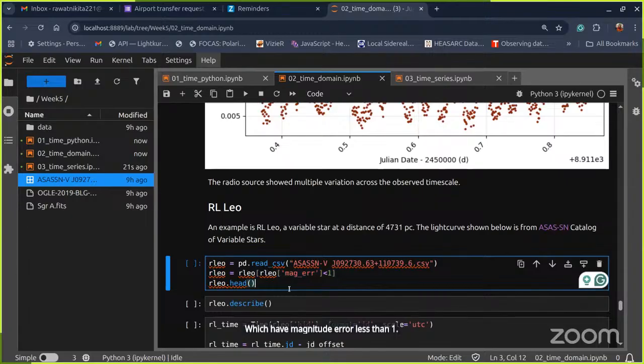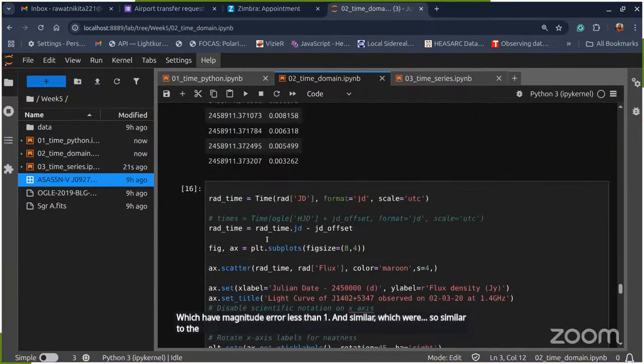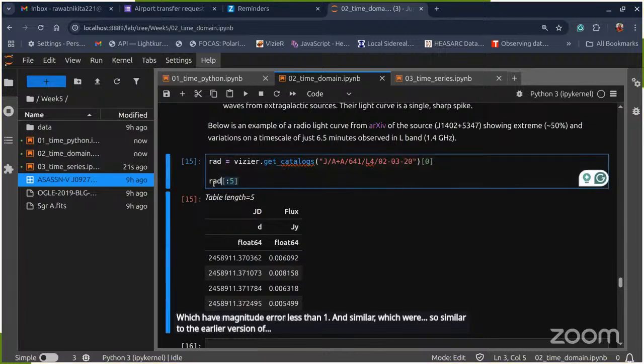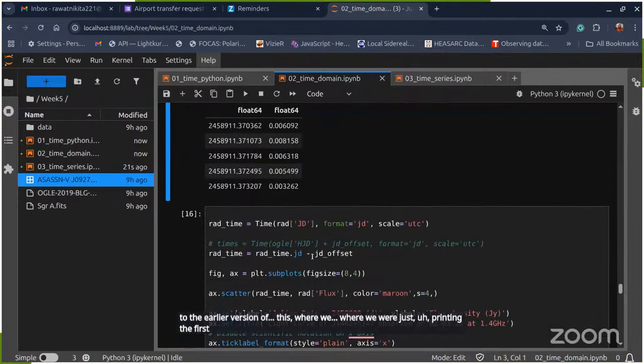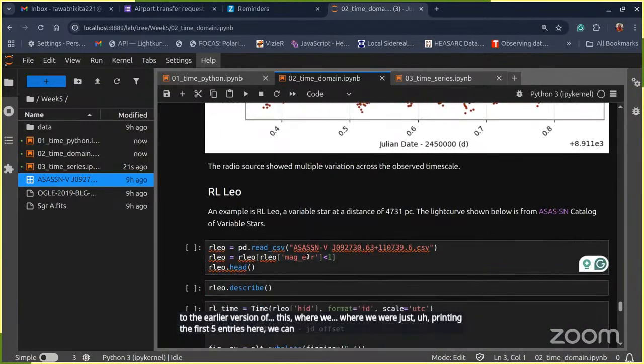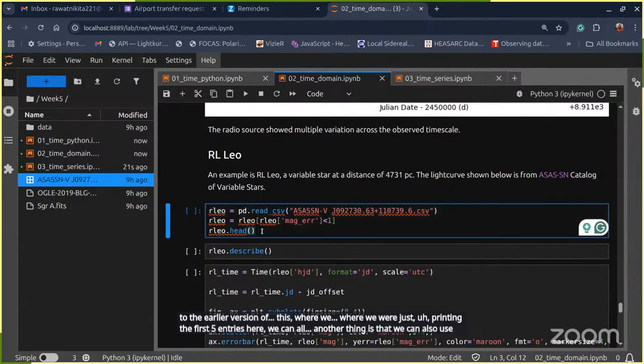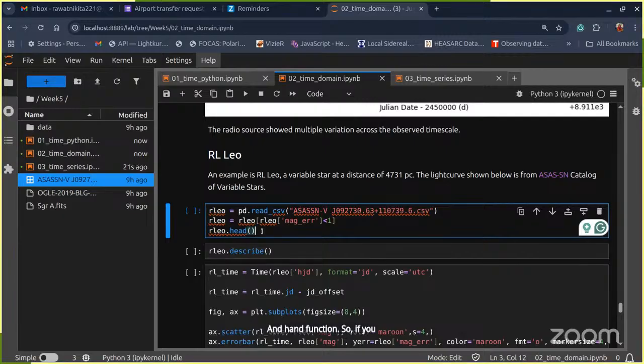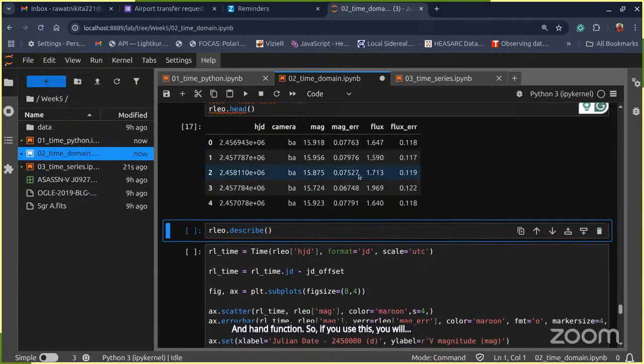And similar to the earlier version, where we were just printing the first 5 entries, here we can also use this head function. So if you use this, you will see the first 5 entries of this